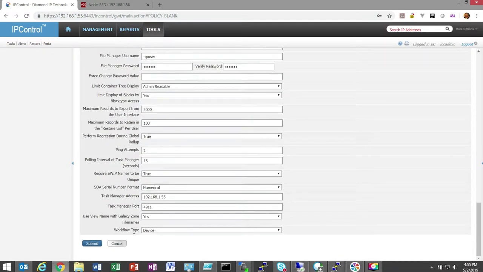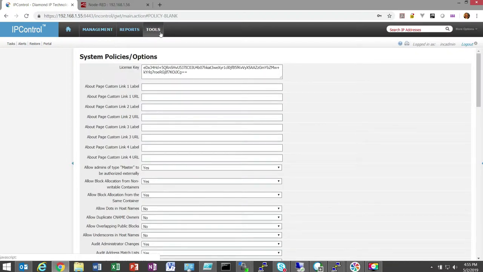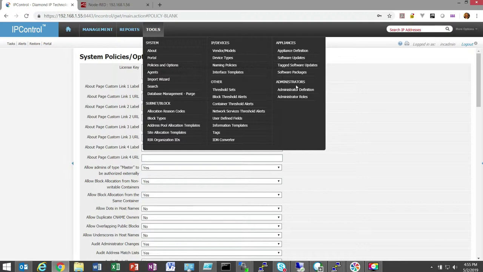And lastly, we want to work within the workflow type of device. Again, if you're doing this in production, I can't say this and won't anymore after this, use a no lab, something that you can work with and not interfere with any kind of resource record workflows. The device workflow is different than the other, and we want to use this for the approvals moving forward. So the first thing is setting up the policy, enabling those, and you'll need to have an administrator defined